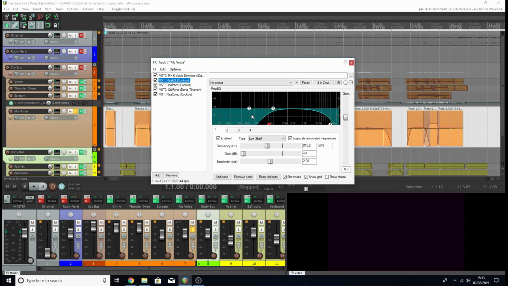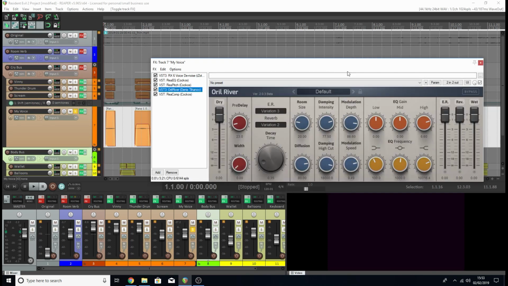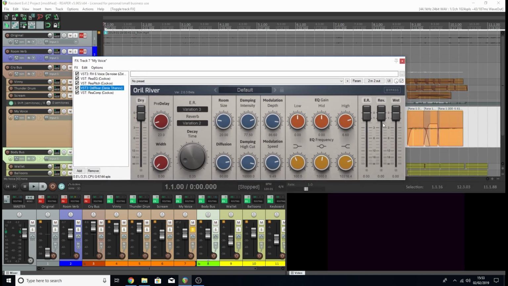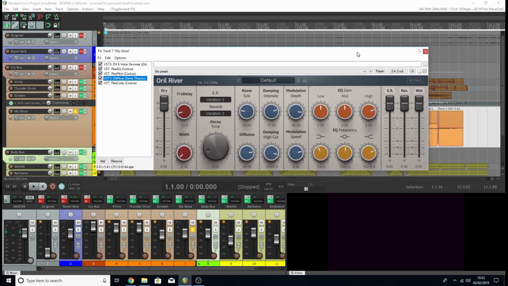EQ took most of the low end out, made it kind of middly. Pitch again, dropped it in pitch to make it sound a bit heavier. And then reverb. As you can see, I went really all out on this with the reverb. The reason why is that this is the hissiest part. This really sounds like this creature's almost like a snake, and it's angry at you, and it's showing you it's